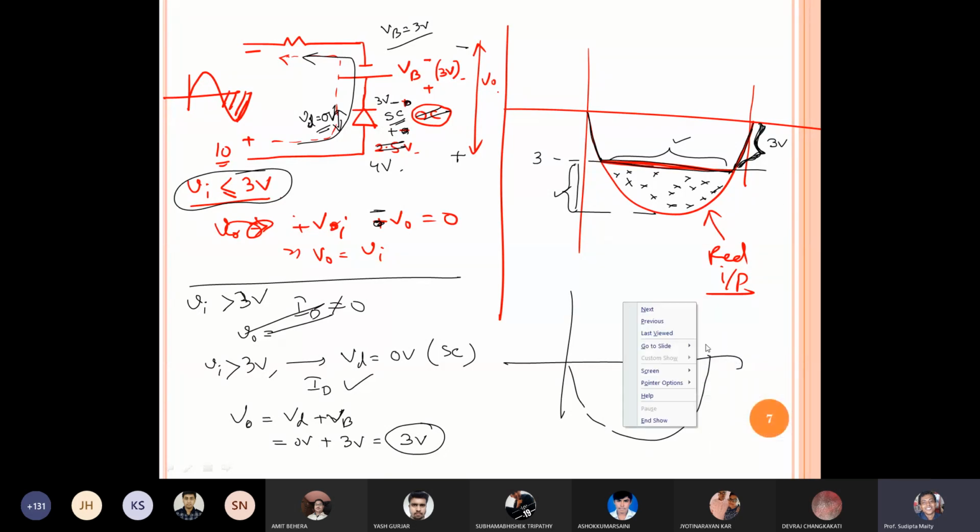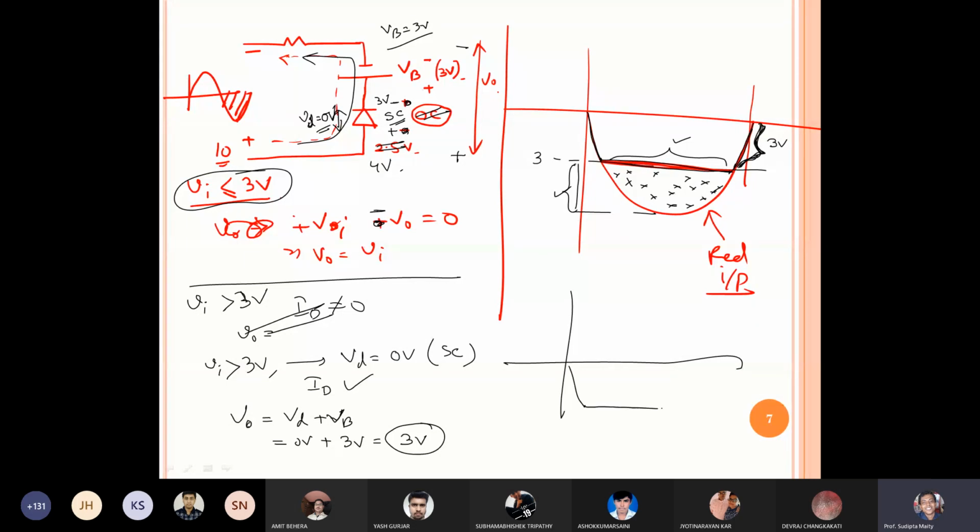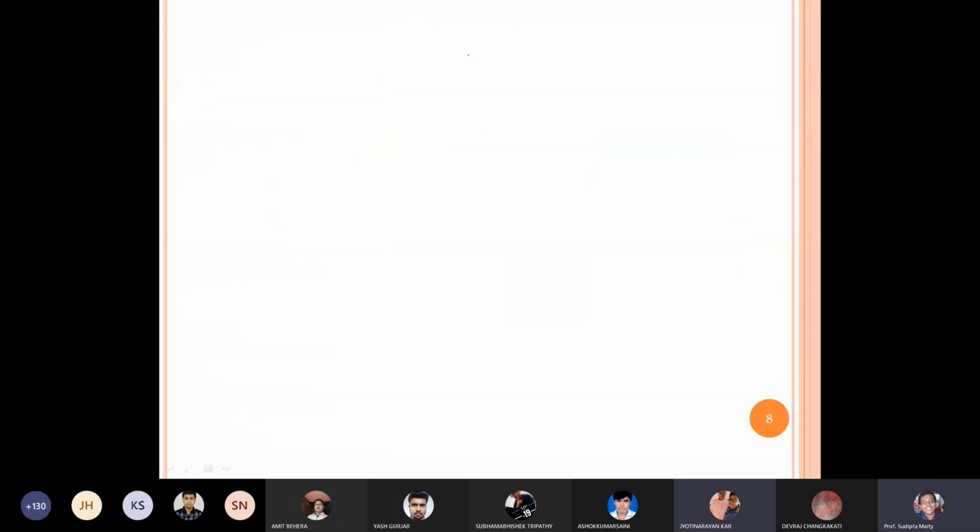नहीं ये कलर ही करते हैं, ब्लैक ही करते हैं, नहीं तो इशू हो जाएगा. So here it will be constant. Then यहाँ पे जाएगा. थोड़ा ड्राइंग में इशू हो रहा है, ऑनलाइन है तो इसलिए. So this is 3 volt. And as it is a negative sign direction, so negative, because you observe this way. Is it clear? Is there any doubt? Sir, it is clear. Okay, very good.